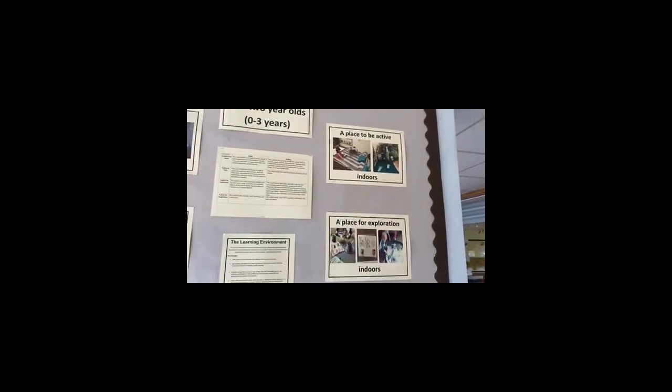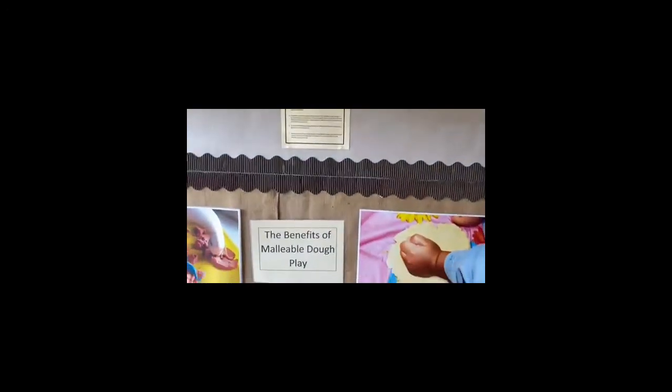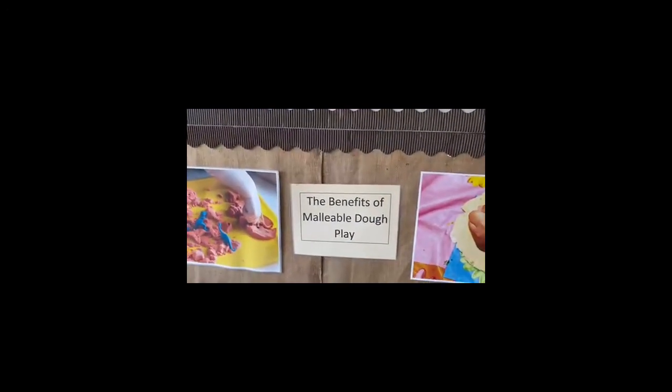So these are really good to look at when you do next come to the centre and make notes and take some pictures of them as well so that you can take those key messages back to the practitioners in your setting. So this part of the area we've got malleable play, and we've got lots of different things here,